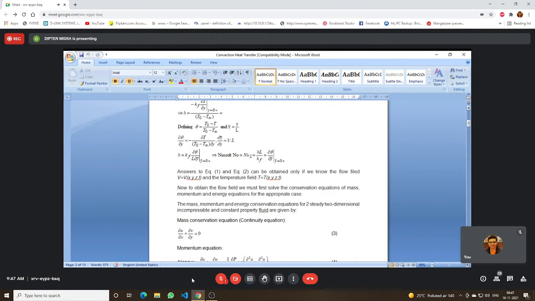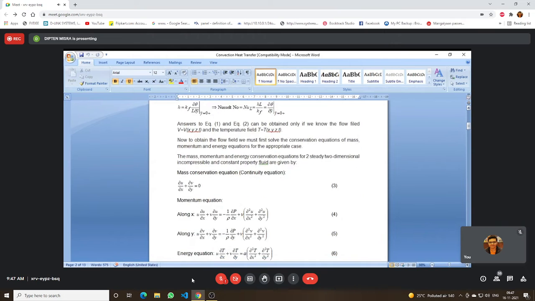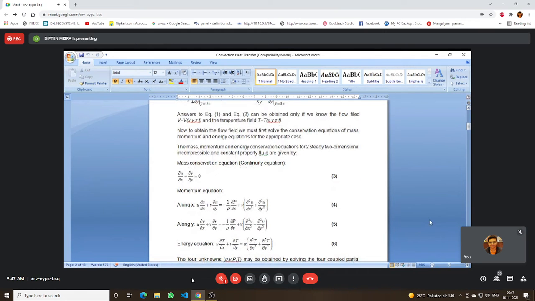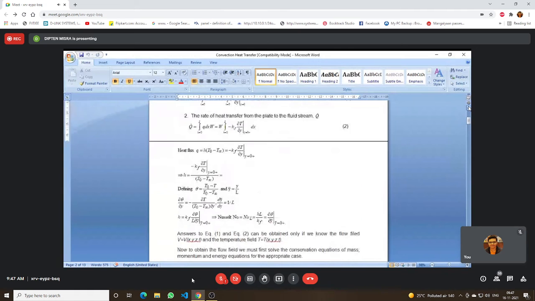Now, the type of equation that we have to solve to know these answers, how v varies with x, y, z and t varies with x, y, z. We have to solve not an unsteady problem, we have shown. If it is a steady thing, then what is the kind of equation that we have to solve? If we know the velocity, if you want to find out the velocity over x and y, here what we assume is that along the z direction,